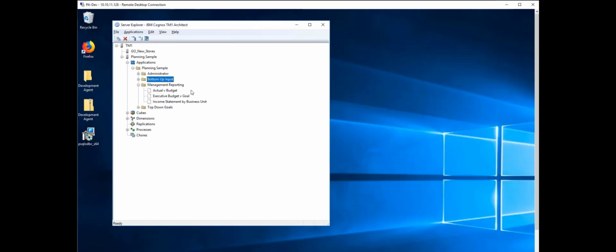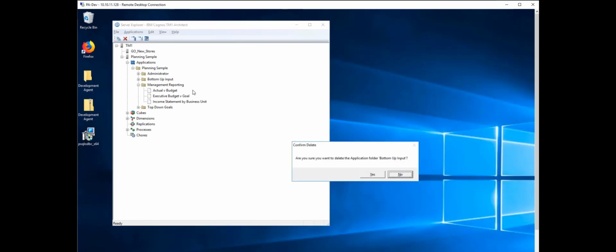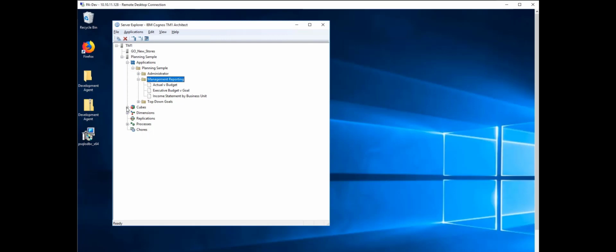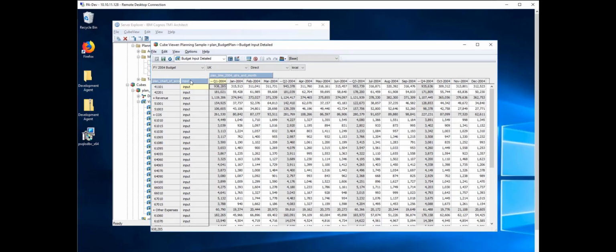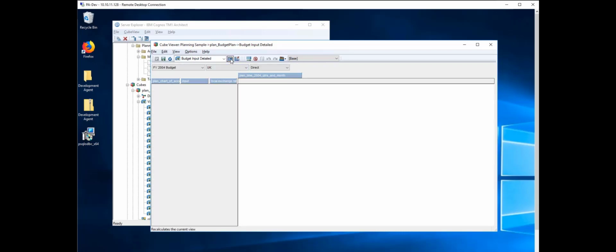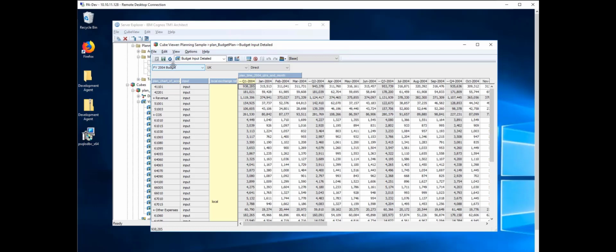So now let's do what I was originally asked to do, which is to delete the bottom-up input application. Let's say another thing I was asked to do was to make a change to a cube view. So let's say under my budget plan, my budget input detailed view, I was asked to add the local dimension to the rows subset. And now that we have that set, we can go ahead and save this, and we can overwrite the existing